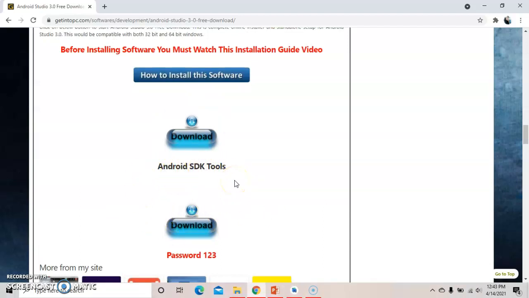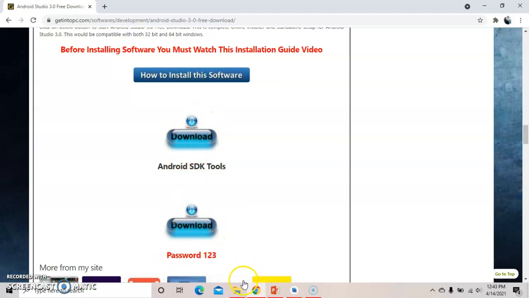So I told you, first of all we need to install JDK, second is Android Studio and Android SDK. Android SDK is the software development kit of Android. Without Android SDK we can't do Android programming, okay? So we need the Android SDK, and it comes with the Android application. So don't worry, when you install Android Studio, we'll get this Android SDK also. This first download is the Android SDK, and this second download is the application, our main application of Android. So these two you need to download.